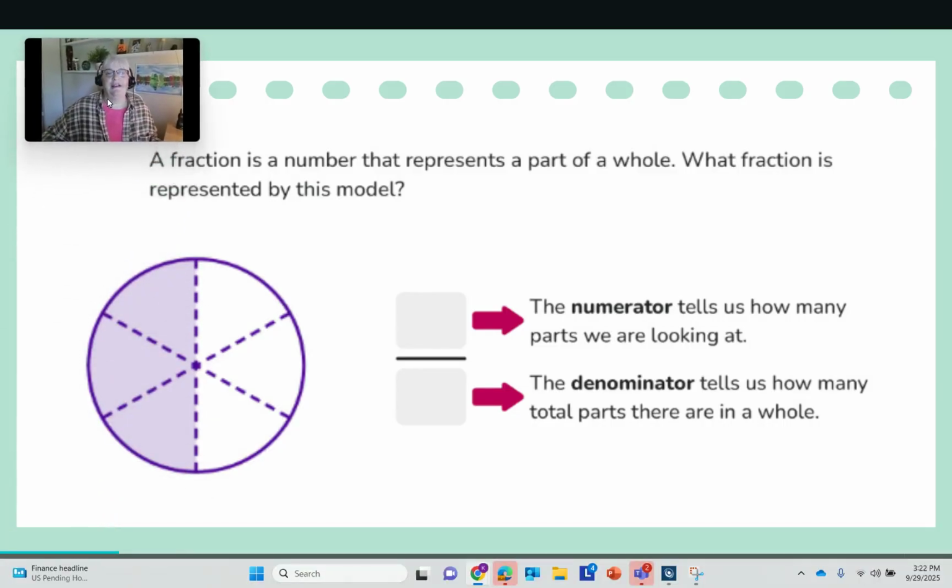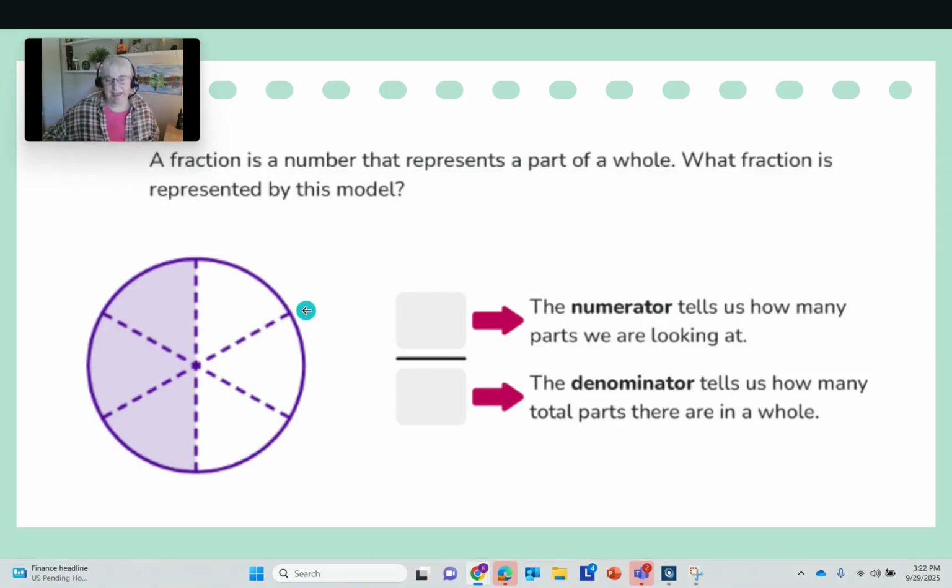A fraction is a number that represents a part of a whole. What fraction is represented by this model? Well, we see a circle here, and we like to talk about pizzas because pizzas are something that most everybody has eaten. Most everybody has eaten them cut into slices in this way, and it's a good way to explain fractions. So we have two parts of a fraction, the top number, or the numerator, and the bottom number, or